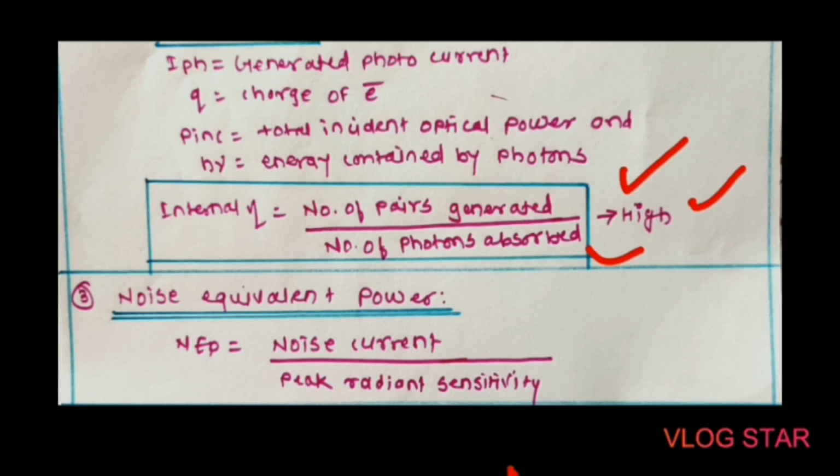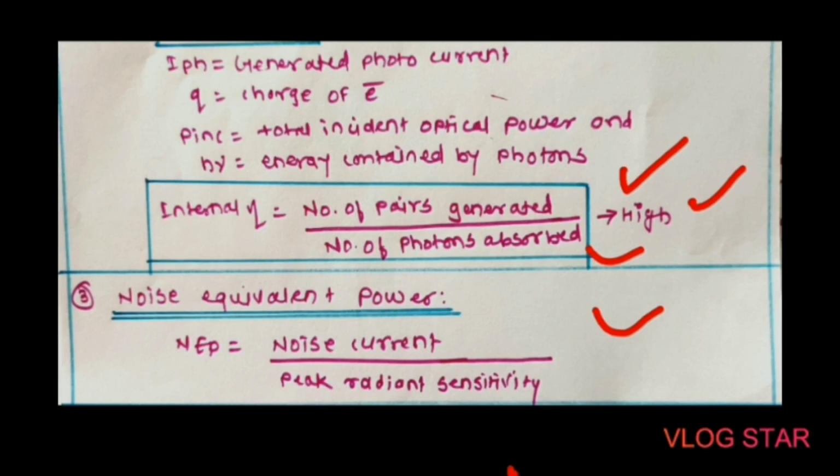Next is the noise equivalent power. Because of the incident light intensity, charge carriers are generated and these charge carriers have random motions. Thus the concentration of charge carriers fluctuates and this causes fluctuations in the conductivity of the photoconductor. So noise is generated in the photoconductors. Noise equivalent power is defined as the incident optical power which is required to produce a signal to noise ratio of unity in a bandwidth of 1 Hz.